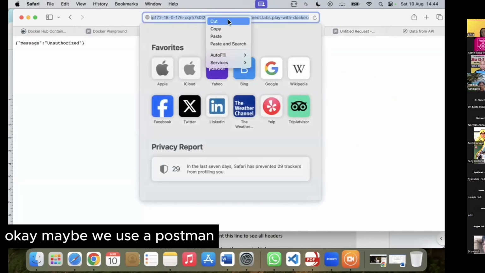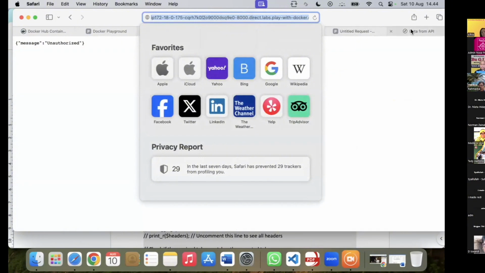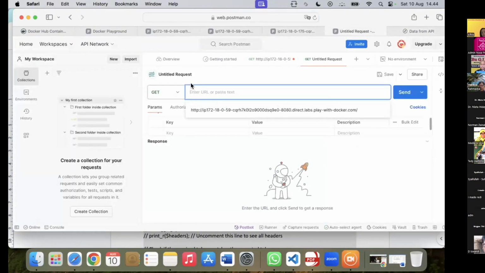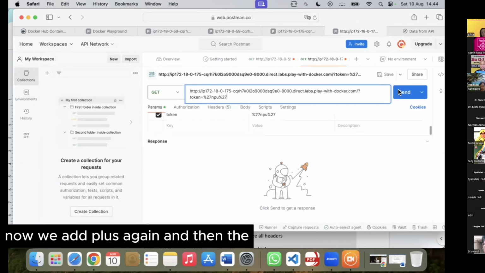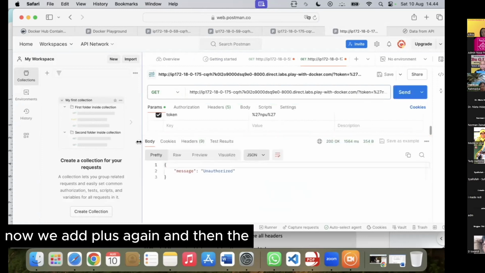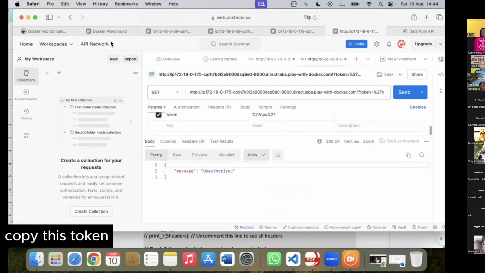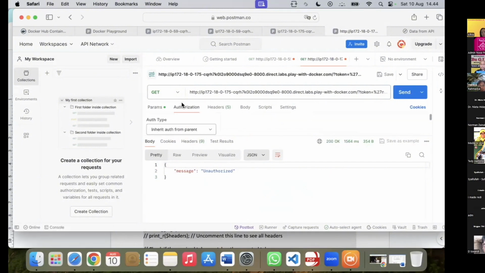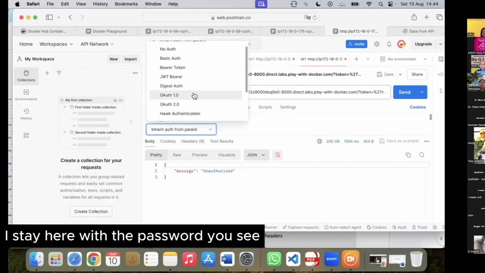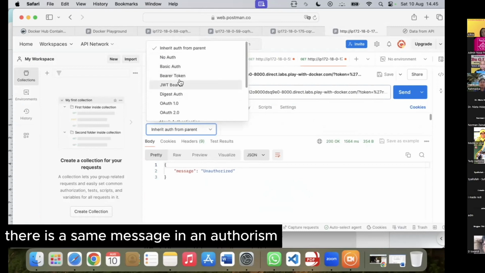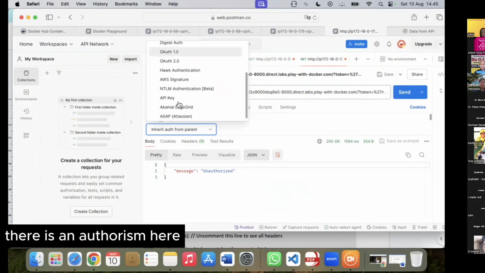Okay, we use Postman. Here, we add plus again, and then we copy this token and paste it here without the password. You see there is the same message, unauthorized. So there is an authorization here,